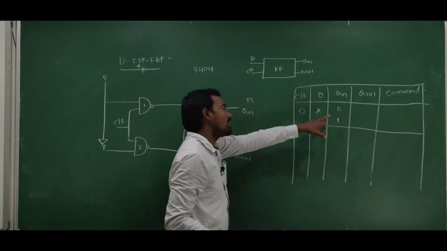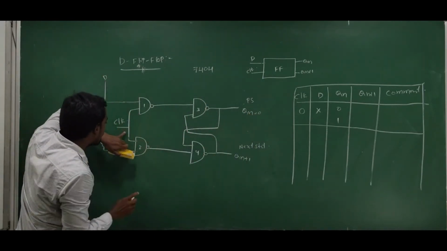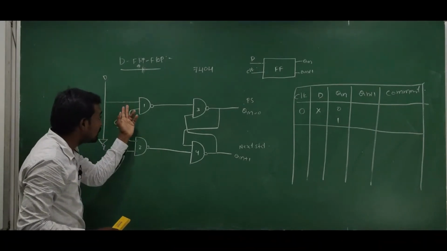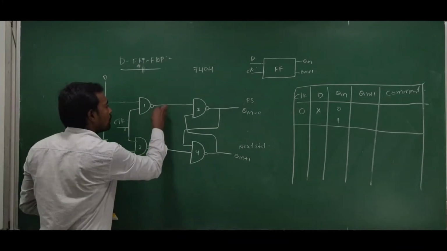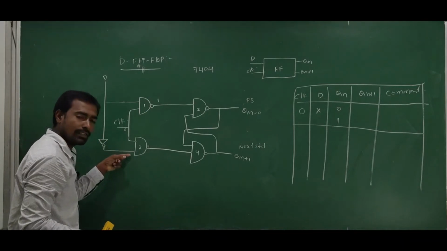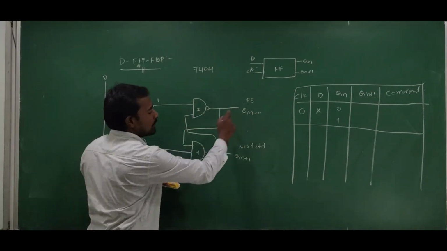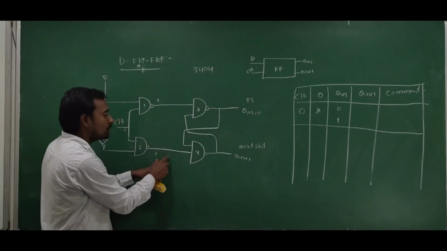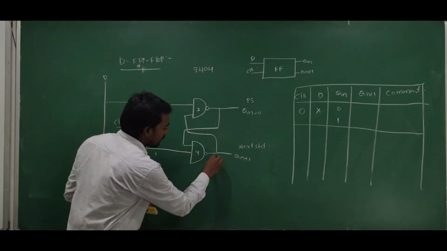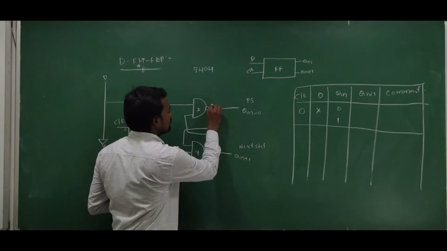If I am giving the present state output Qn is equal to 0, and here the clock signal is equal to 0, 0 into anything is equal to 0. Here the complement of 0 is equal to 1. The first NAND gate output is equal to 1, and the 0 into anything is equal to 0. 0 complement 1 here. So if I am taking the Qn equal to 0, Qn into 1 is 0 into 1 is equal to 0. 0 complement here we are getting 1. Okay, and 1 cross 1 equal to 1. 1 complement 0 here.